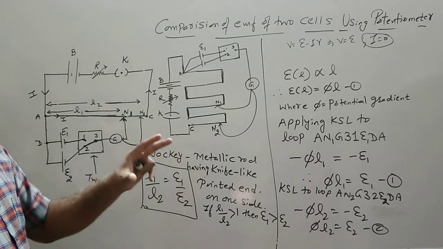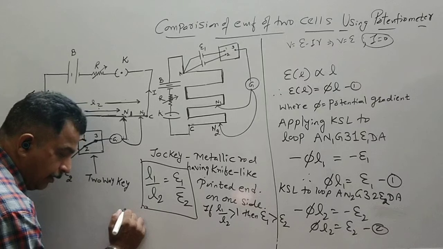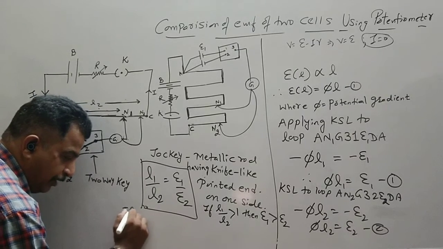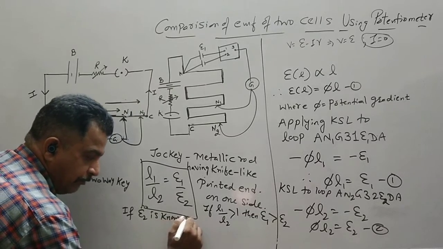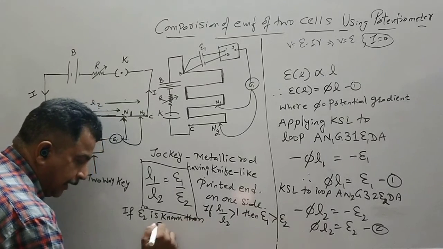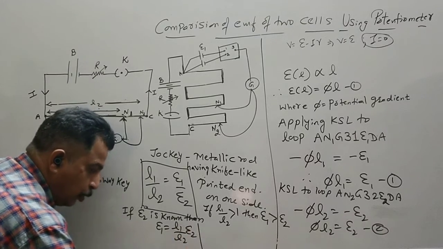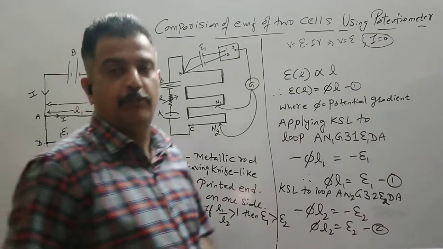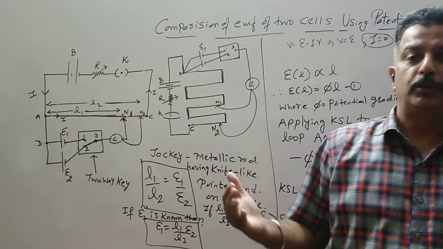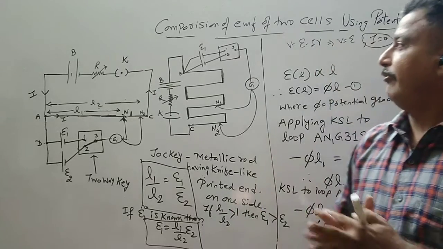But suppose one of the cells is a standard cell. For example, if E2 is known, then E1 can be written as L1 upon L2 into E2. So if one of the cells has a standard value, I can find out the value of the other cell. So this is the first use